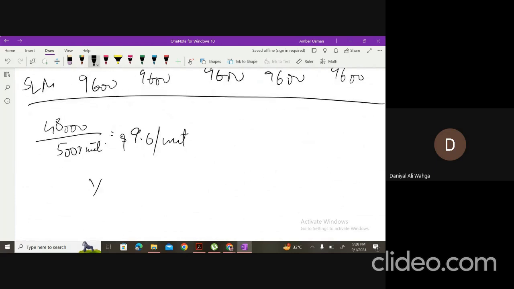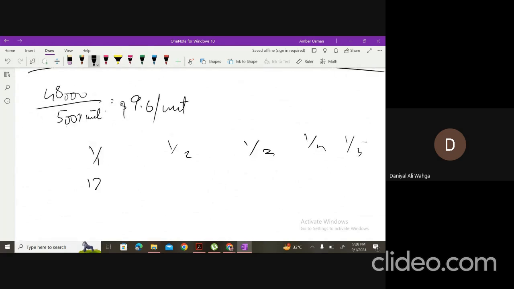So in the year 1, 2, 3, 4, and 5. In the year 1, we produced 1,200 units multiplied by 9.6. In year 2, we produced 800 units multiplied by 9.6. In the year 3, we produced 1,000 units multiplied by 9.6. In the year 4, we produced 1,500 units multiplied by 9.6. And in the year 5, we produced